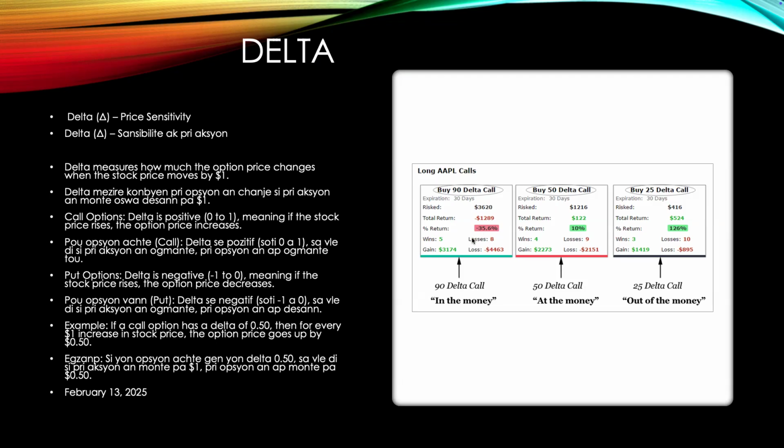It depends on what you get into, this is how I can give you the return. 50-day call in the money. Even if the price expires in 30 days, with a 50-day call you make $2,263, which means you profit 122%. Buying a 25 delta call, out of the money, you make 126%, and that means your gain can be $1,419. All that is based on the timing when you are buying a position.